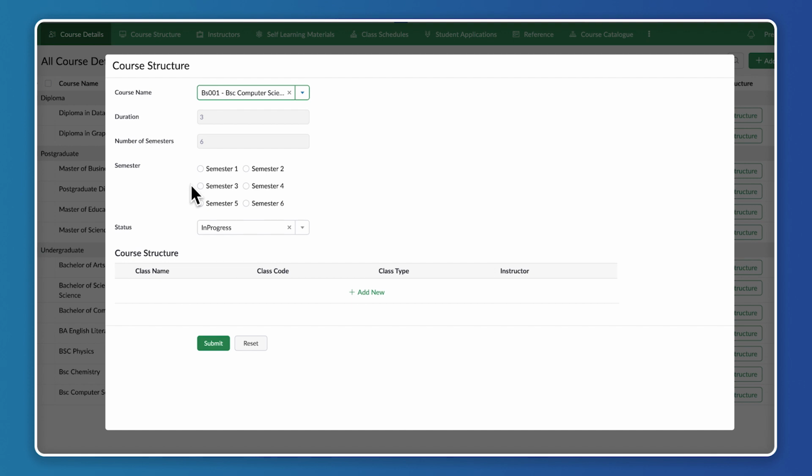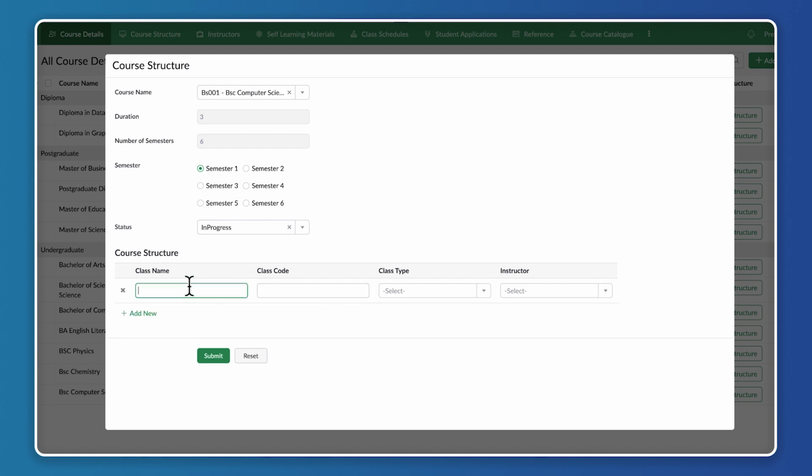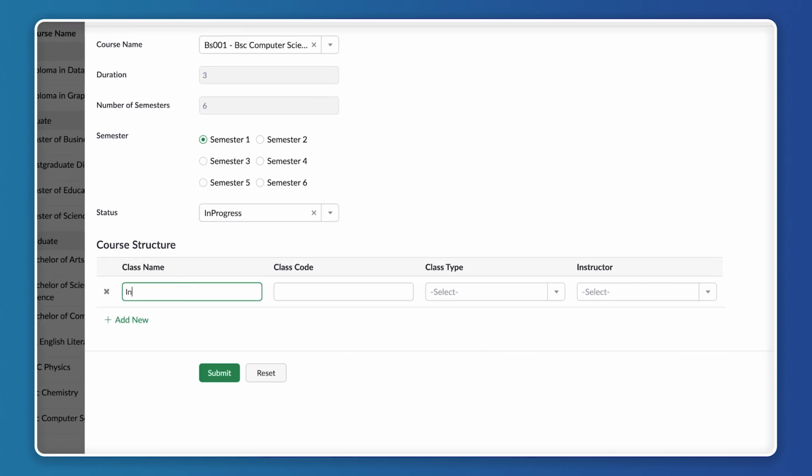When I click on this custom action button, I can get to see a form where I can enter the course structure. That is, automatically the name of the course is getting populated. Depending upon the course name, the duration and the semesters that we are going to provide to the students will be appearing over here. And depending upon the number of semesters, the name of the semester will be appearing as the radio button. For example, for the semester 1, if I am planning to create the classes, I can click on the semester 1, click on add new, I can create the classes. So let's say